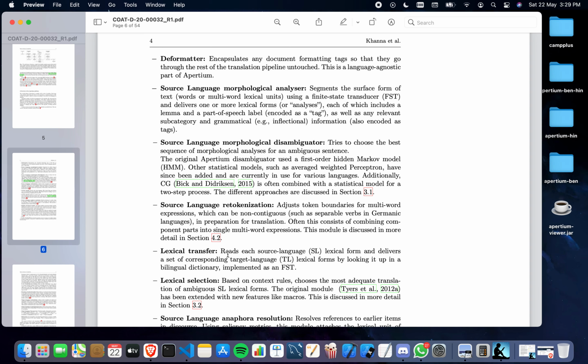Other statistical models such as averaged perceptron have since been added and are currently in use for various languages. Additionally, constraint grammar is often combined with a statistical model for a two-step process. The different approaches are discussed in section 3.1.